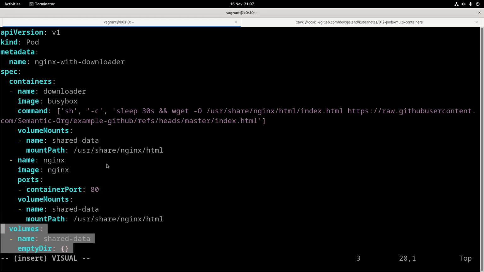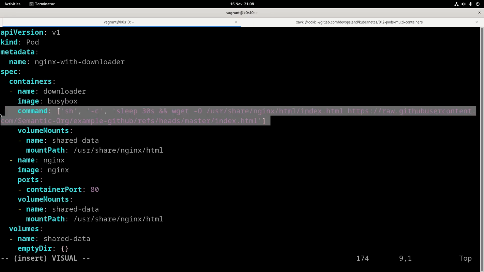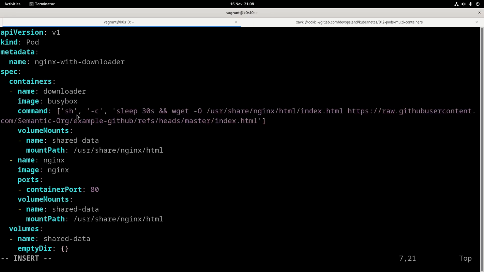And this volume, we want to mount it in the second container named downloader. In the downloader, we have an image with a light container image named BusyBox, and we use a specific command to run a shell, and a shell command with a sleep of 30 seconds.